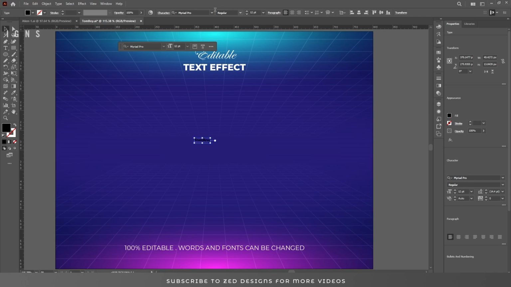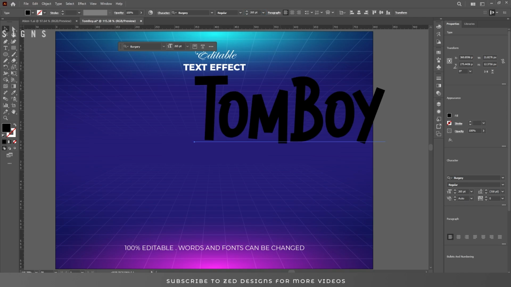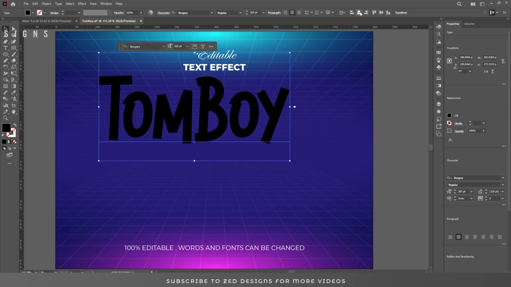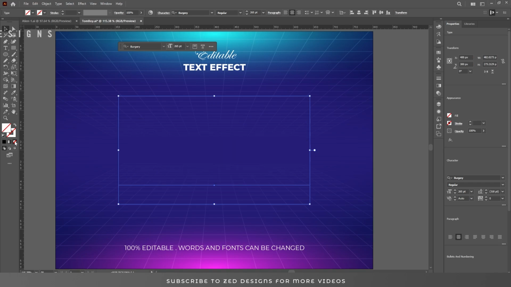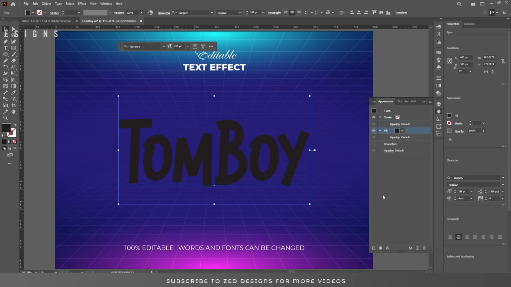The font I'm using for this text effect is Burberry and the font size will be 265 point. Let's center this to the artboard. And next click on this none to remove the fill color, and then we'll go to appearance panel. Here click on this add new fill icon and let's change the color of this layer first,